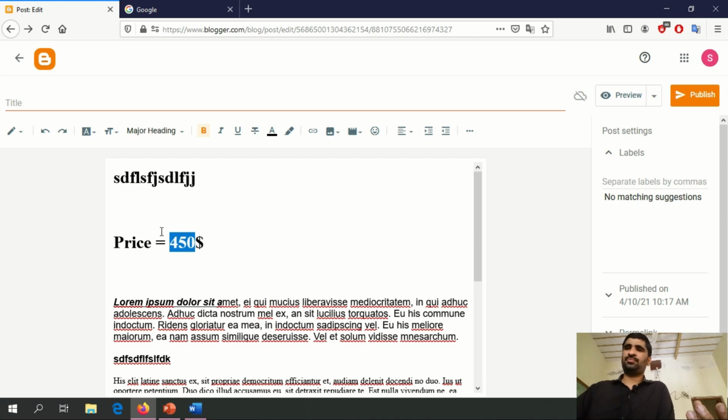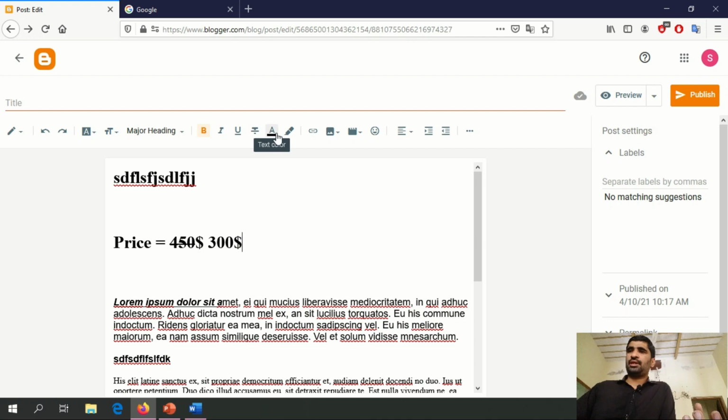So you simply select this and then select this. Now you type another price. So strikethrough is mostly used for e-commerce to show the new price. Here we show some kind of sale or any discount.